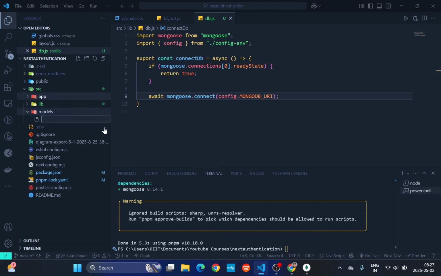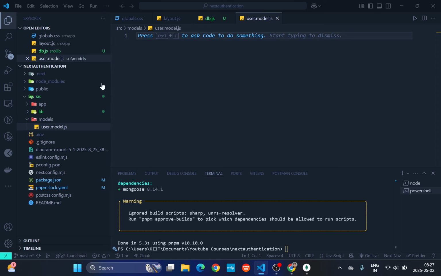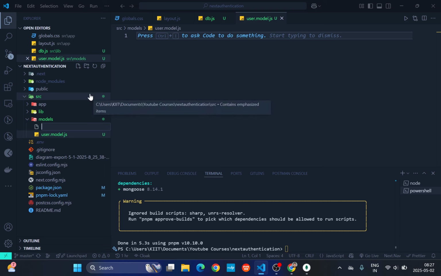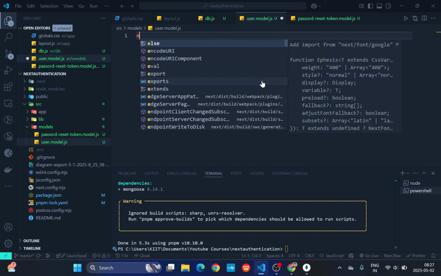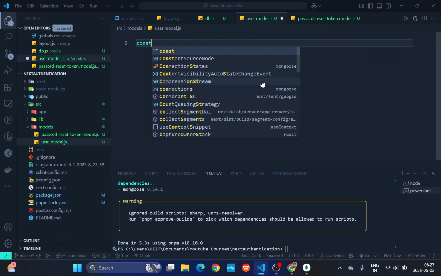Now inside this models directory, we'll have two models that we had talked about: user.model.js, and another one, password reset token model.js. We can also store the password reset token inside the user model, but we'll not be doing that. Now not export actually, const